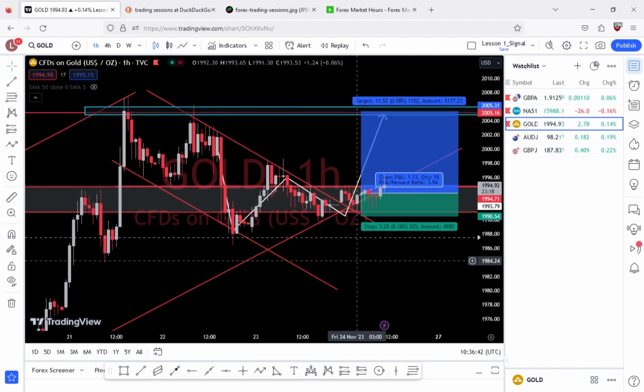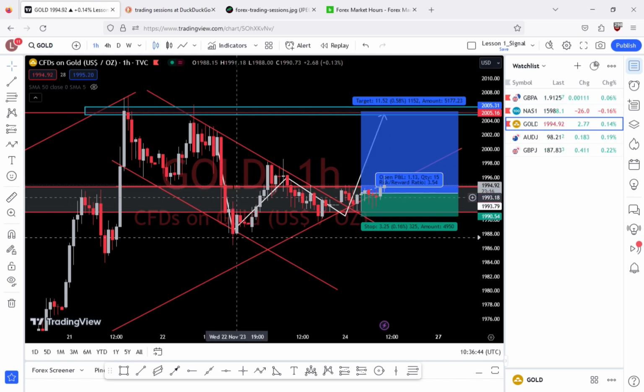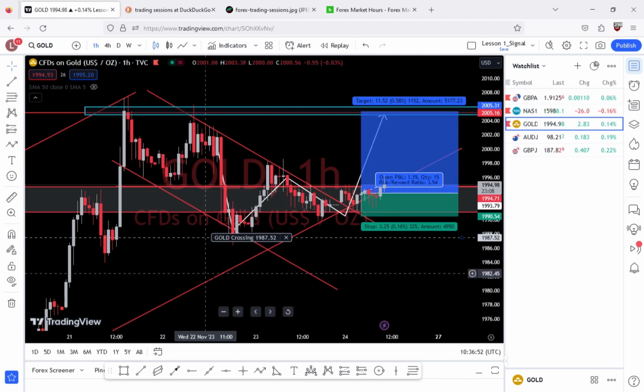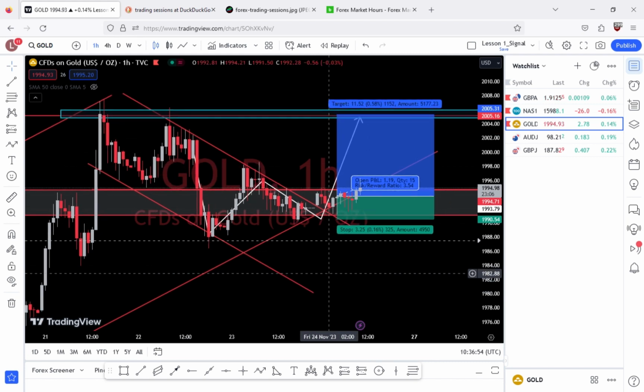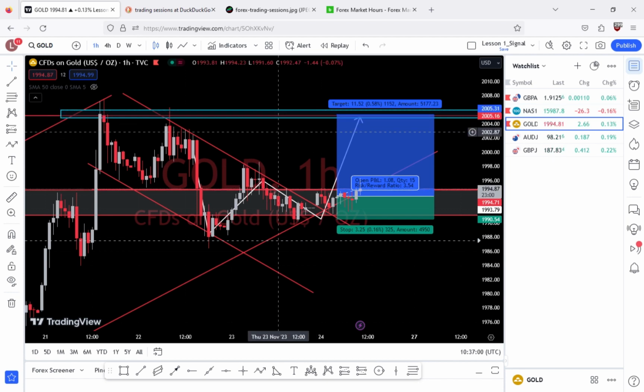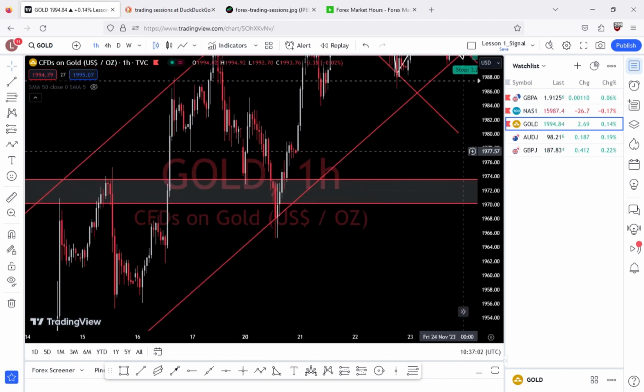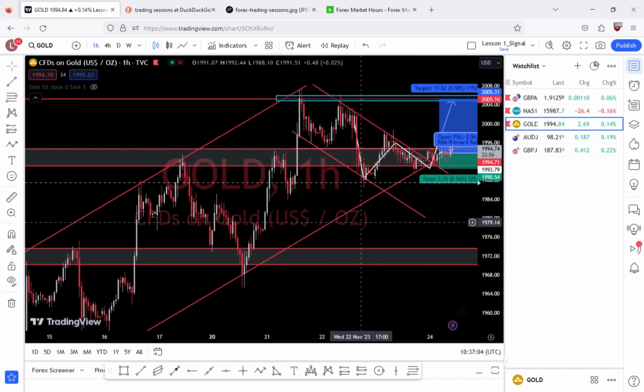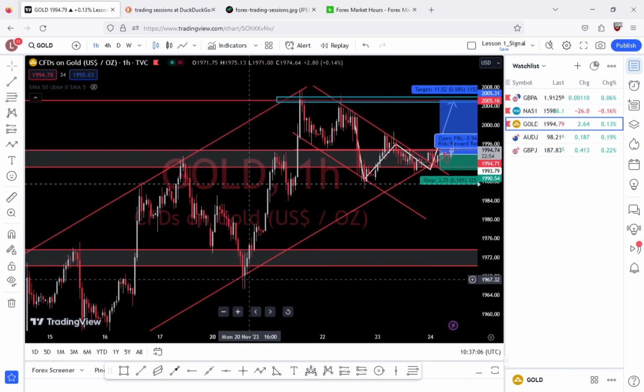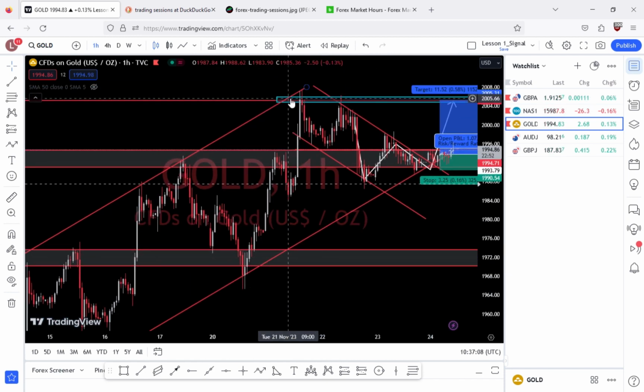There are people who just go in and out, in and out. So when a scalper sees an opportunity to sell, he's probably going to take a position here, close here, take a position here, close here. Day traders refer to the types of traders who open a trade and close it on the same day. The definition for that is quite simple. Swing traders look for the long movements. They might enter a position here and let it run, close it somewhere here, open here, let it run, close it somewhere here.